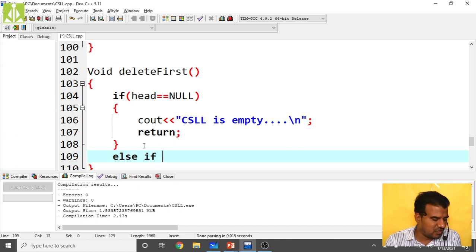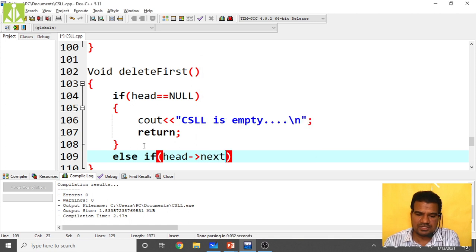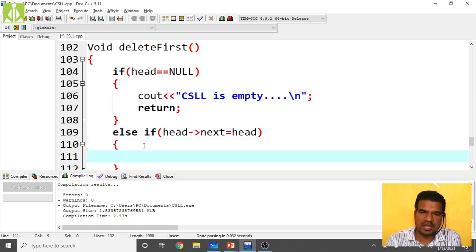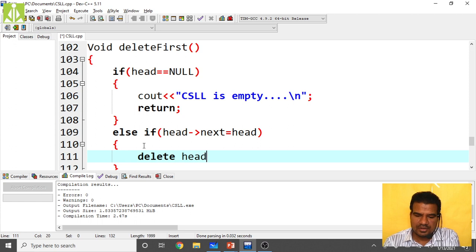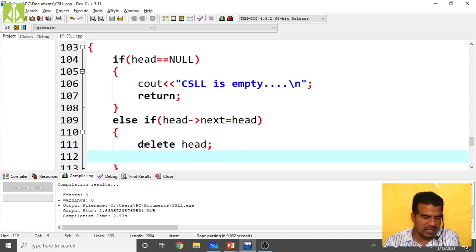Else, if there is only one node, it is also a special case. How can we see that? If your head of next equals head. If there is only one node, in that case we have to delete that node and make the head pointer null. So delete head, and make your head null to indicate the emptiness.